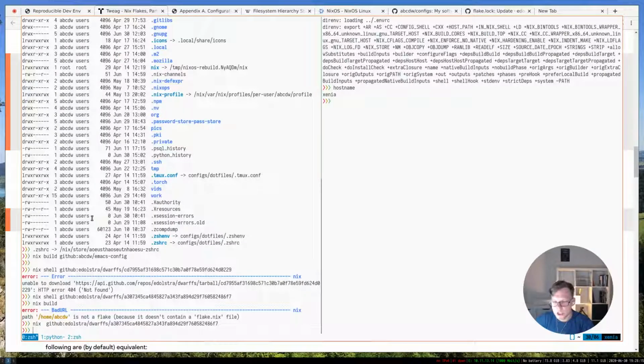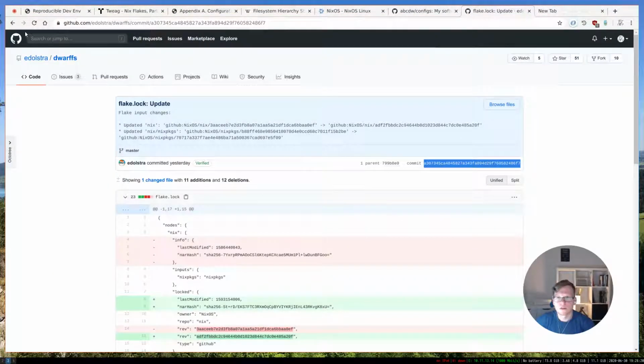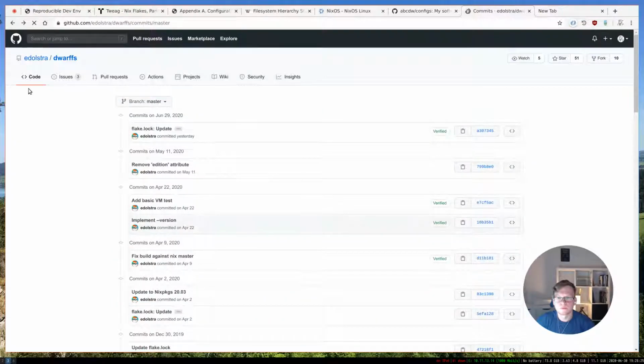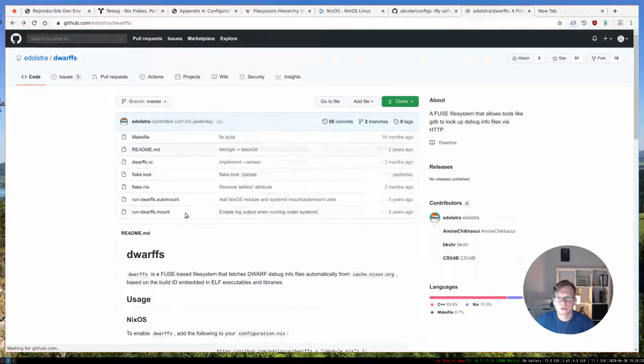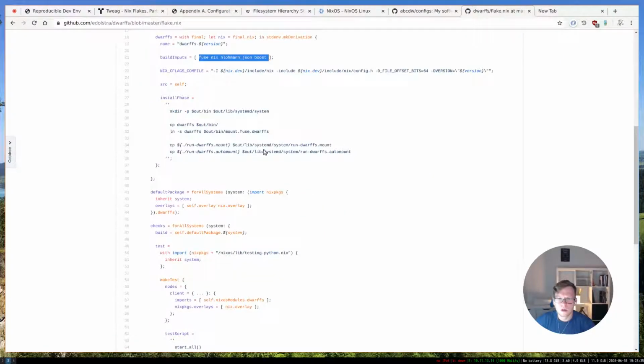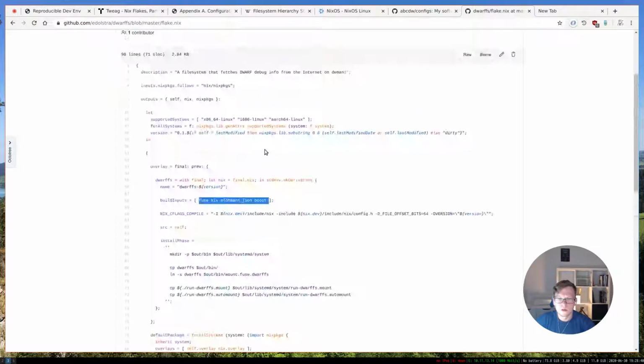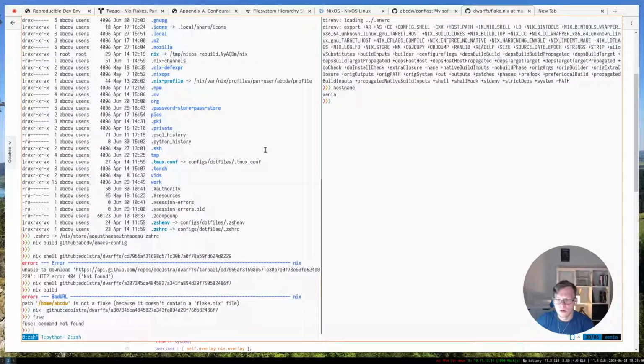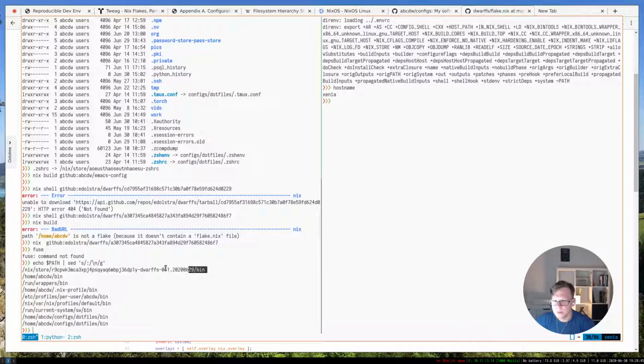Now I am in a shell which contains all the dependencies necessary for building this dwarfs application, and let me check that it is true. I will take a look at flake.nix and we'll check build inputs: fuse, nix, boost, and it seems that's all. Oh, here we have dwarfs available,